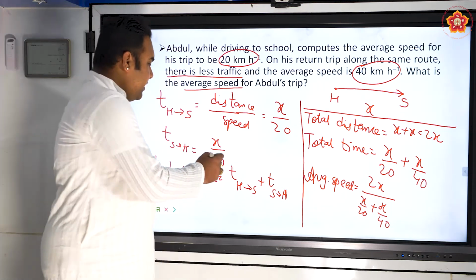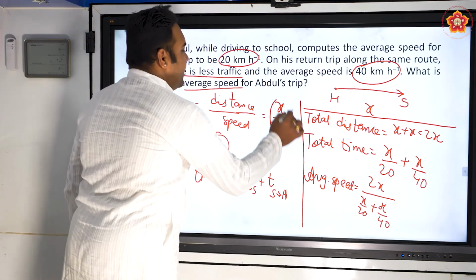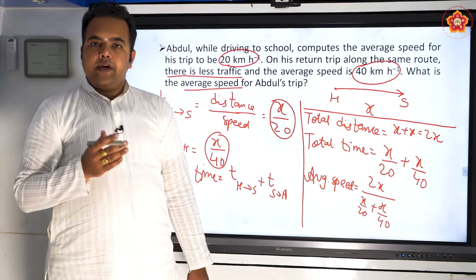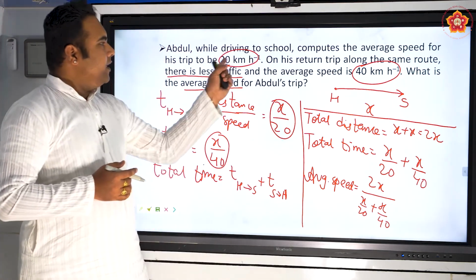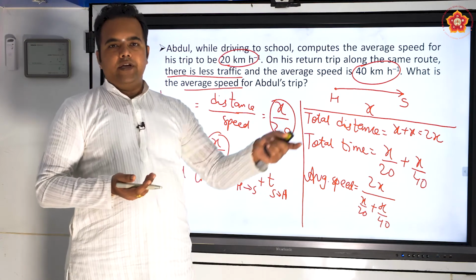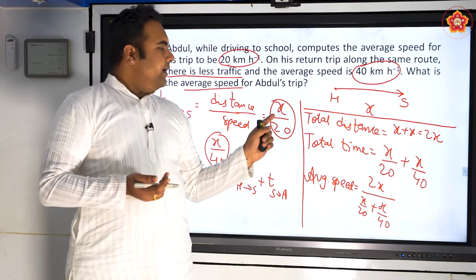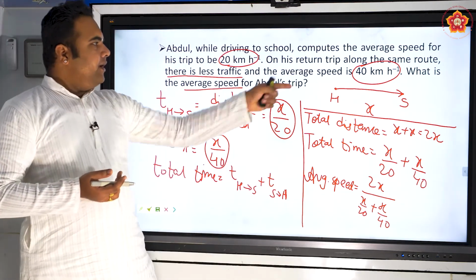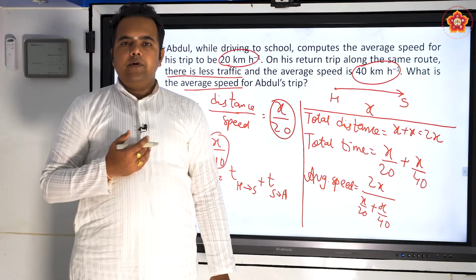Because the times are varying now, x by 40 and x by 20, we cannot do 20 plus 40 by 2. We cannot take the average. And if you calculate the average speed that you get, it will never be 30 kilometers per hour because it's